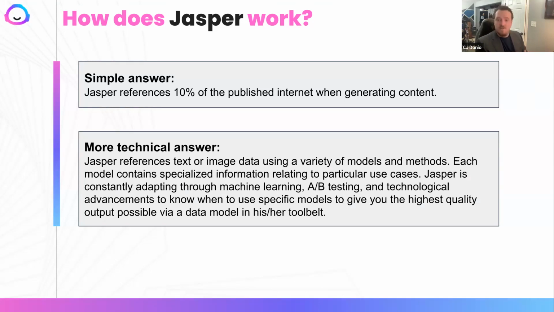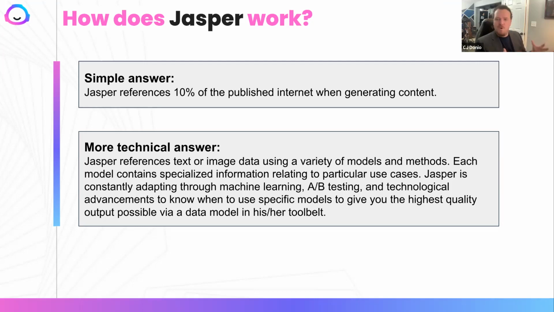And by the way, we also fine-tune those models constantly. One big thing that separates us from others is that we have an AI team behind the scenes, and every day they're teaching Jasper more information. They're doing A/B testing to see if a certain model works with a certain template better. They're also constantly improving our technological advancements, even things like performance, how quickly it takes Jasper to generate content.